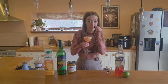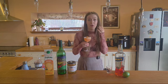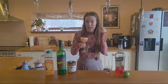You get the ginger first because of the ginger that's on top, so that's sort of what you smell first of all, which is then great leading into the drink because there's that little touch of ginger in there that you can taste. You definitely